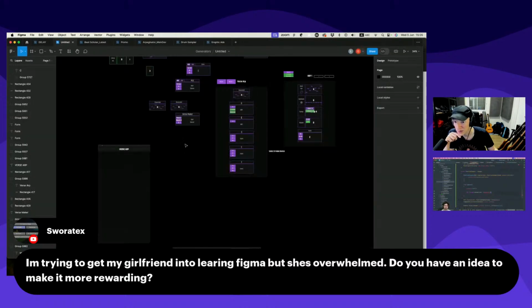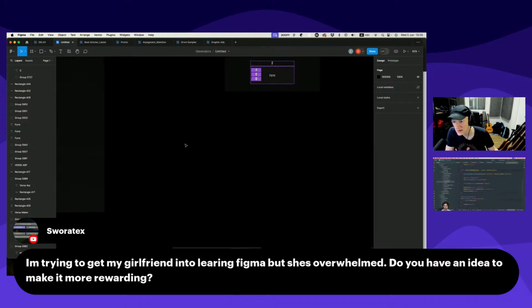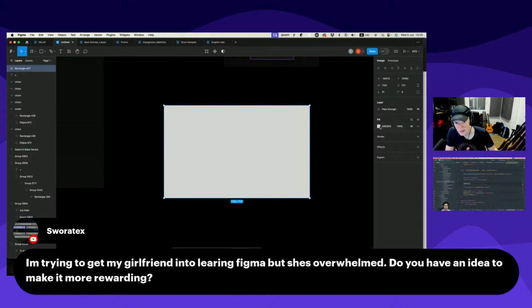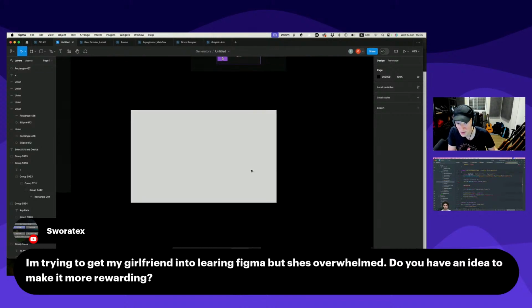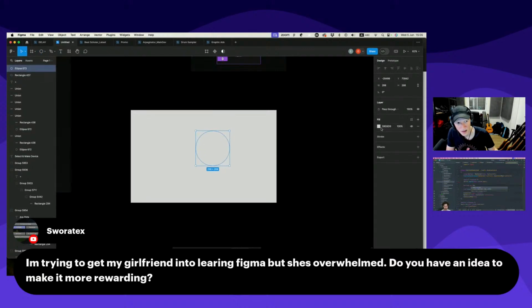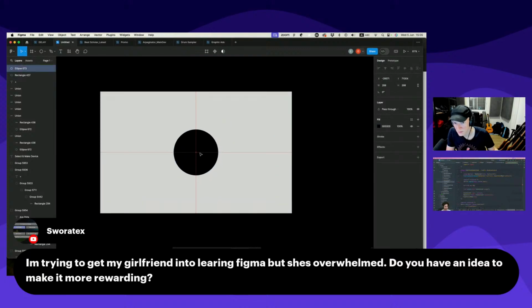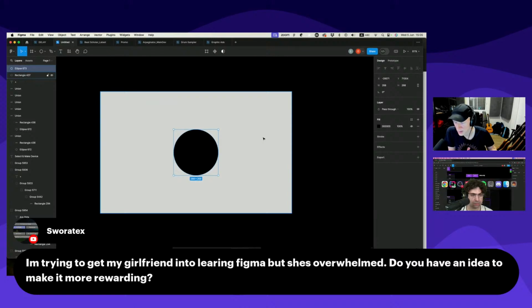simply, let me go back to where I was. Simply working with contrast to create an interesting object. So I would always start with something abstract like a square, and then I would ask, what is the most coveted thing? What is the most desirable thing in this app? In BeatScholar, it was the pizza. So I would take a circle and give it the color. Now we have the black circle in the middle of the white square, right? And it's not very interesting. But if you think about it like a story, this is the main character, and this is the backdrop. This is the city, and this is the guy in the city doing something.